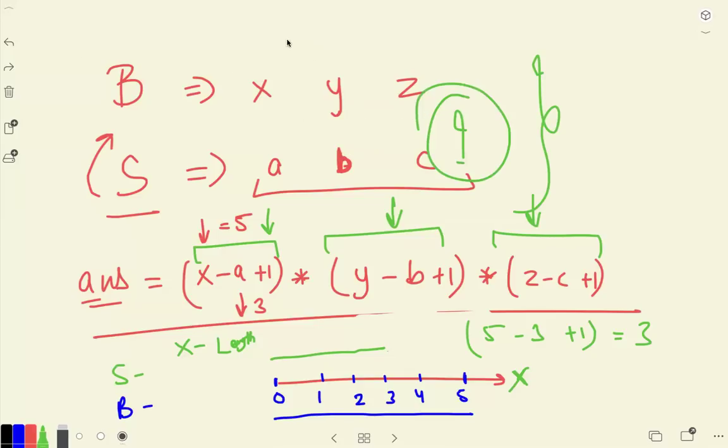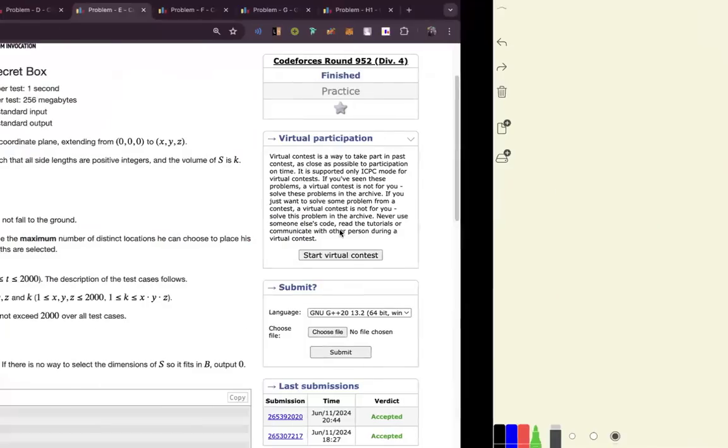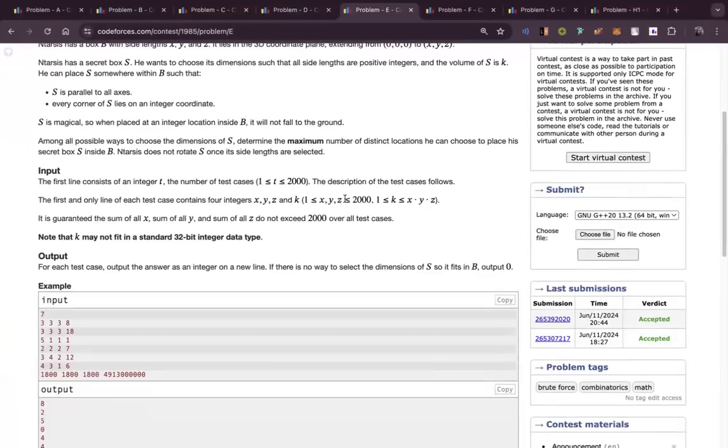So now there is obviously one idea that was given by Shaurya that what you can do is you actually take up all the possibilities in some set or something like that. That's all right. That makes sense, and that can be one case. But then let's come to the time complexity of this. That's the smart part in this. If you look at X, Y, and Z, both are in 2000 order. Correct? So because both are in 2000 order, if you actually run a loop, you will require 3 for loops